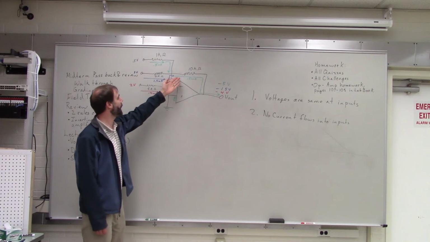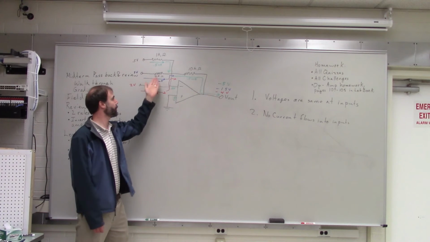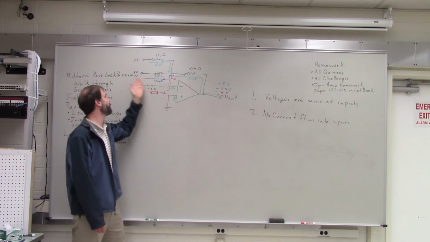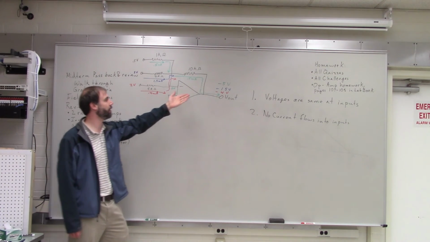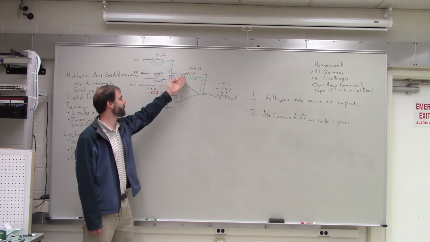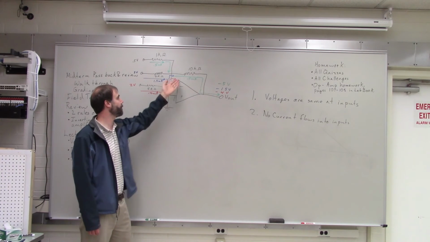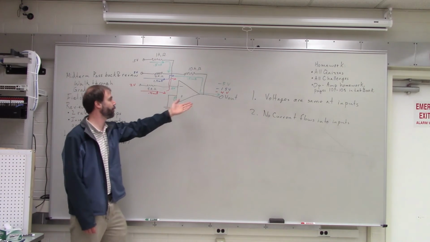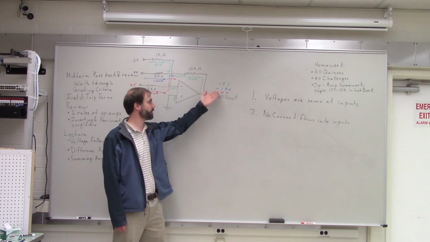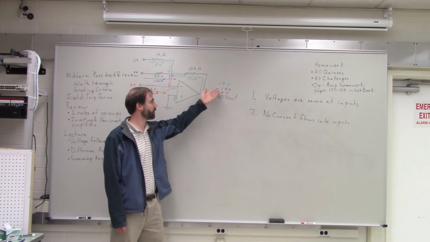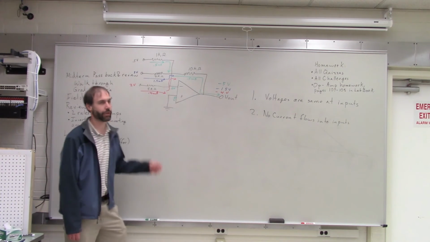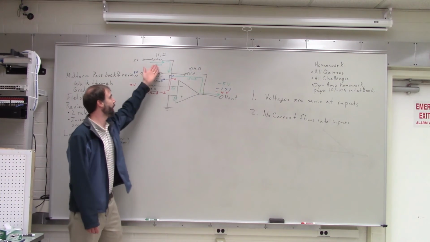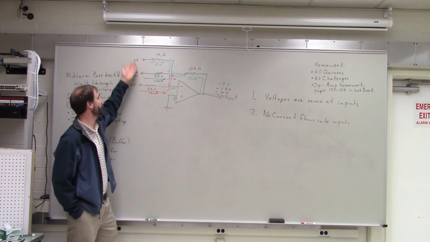The second one has a gain of 10 over 2, that's a gain of 5, so 5 times 3 is 15. The third one has a gain of 10 over 5, so that's 2. So a gain of 2 times 2, that's 4. So each one of these individual outputs could be determined by looking at the individual gain times the individual input,